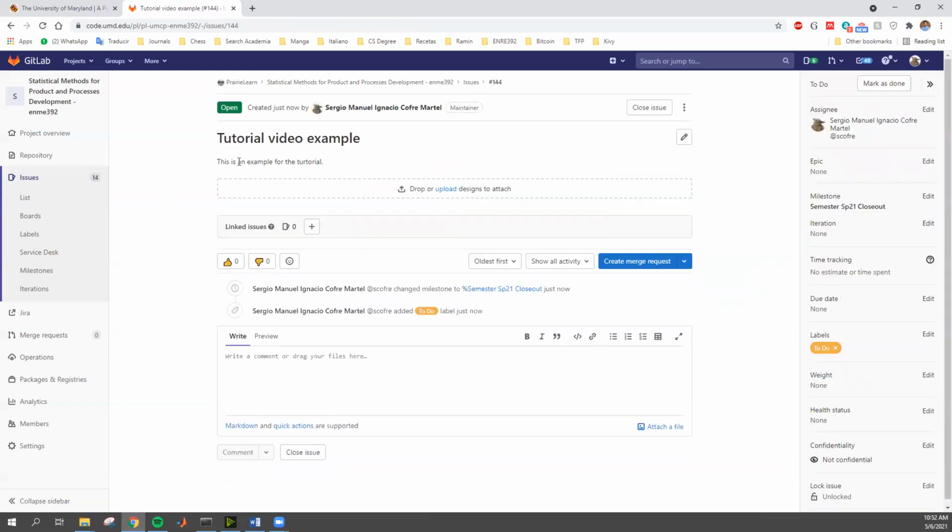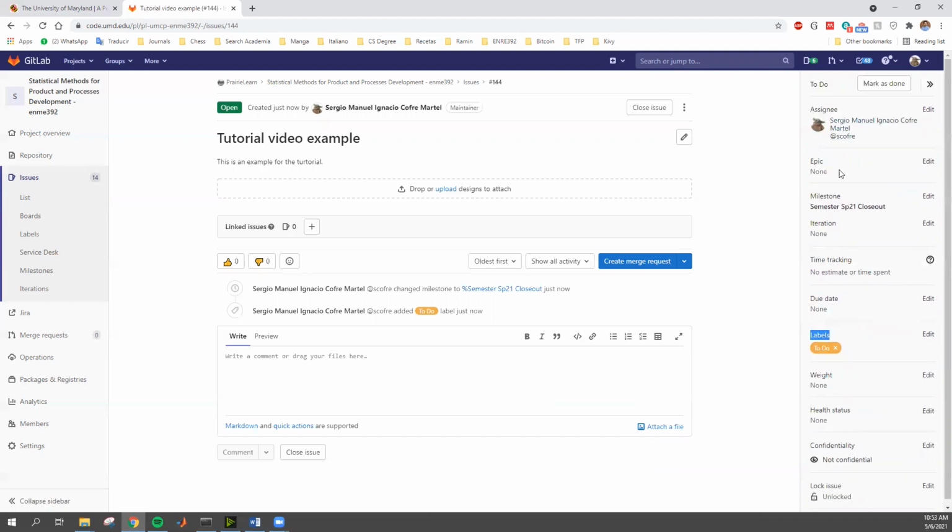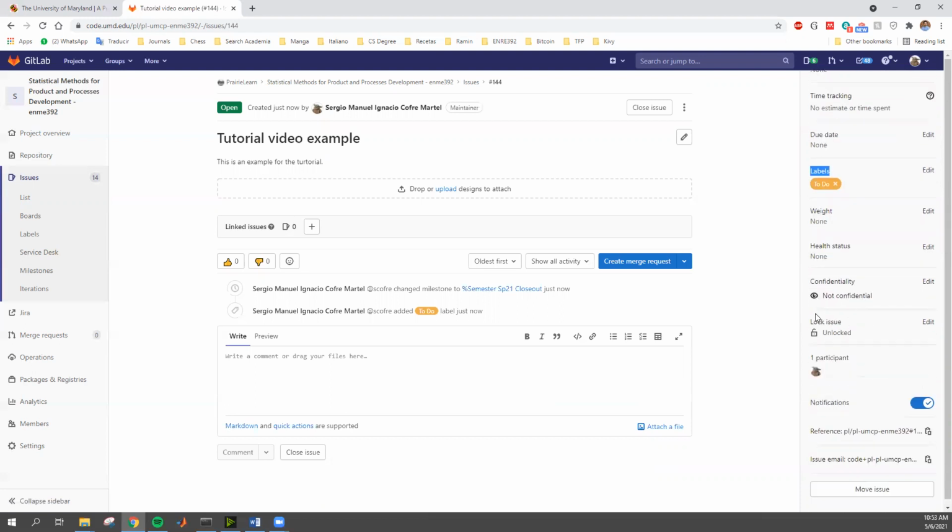So you can see here that we have the description that we gave. If you have a template, obviously you get more instructions that are usually easier to follow, but that's out of the scope of this video. But here on the right, you have a lot of information about this issue: who's assigned to it, if it has an epic or not, what milestone the issue is associated with, what labels it is tagged with, and so on. To edit any of these, you can click on the edit button for each of these categories,